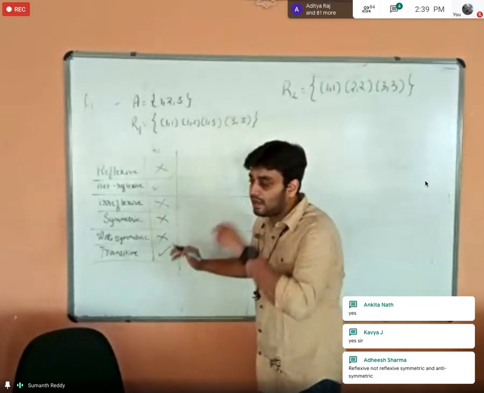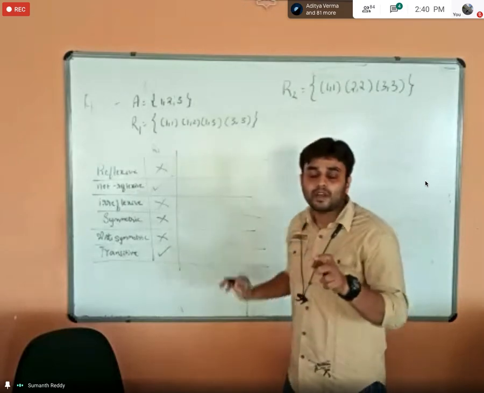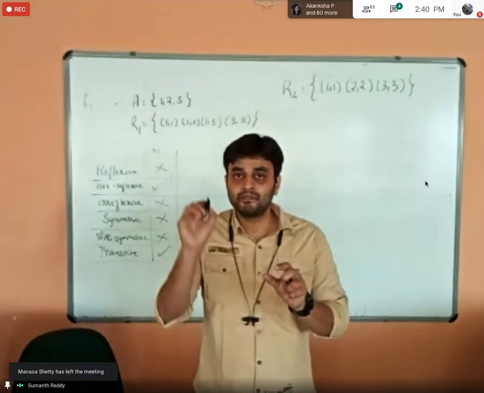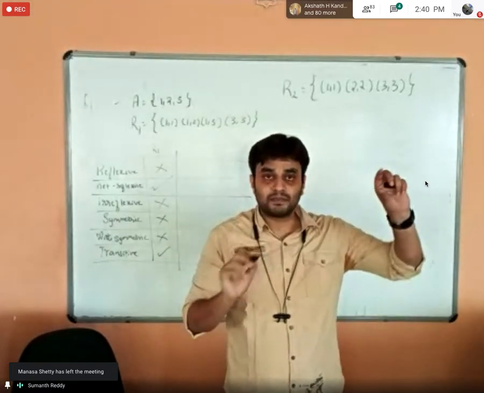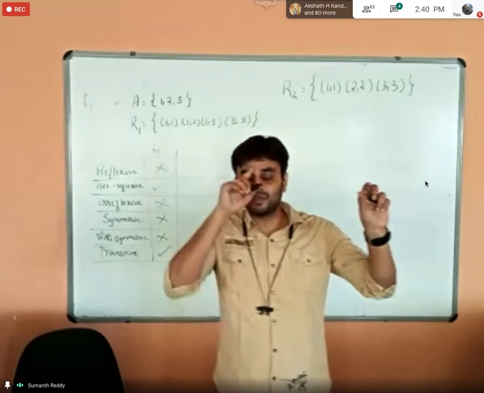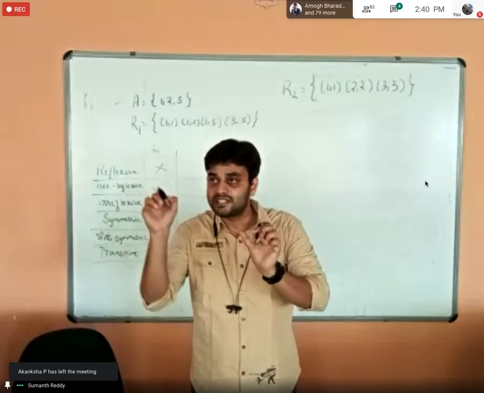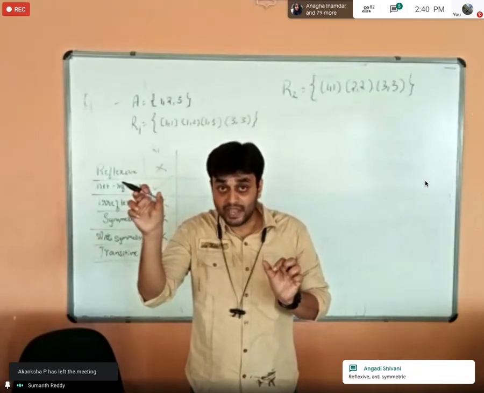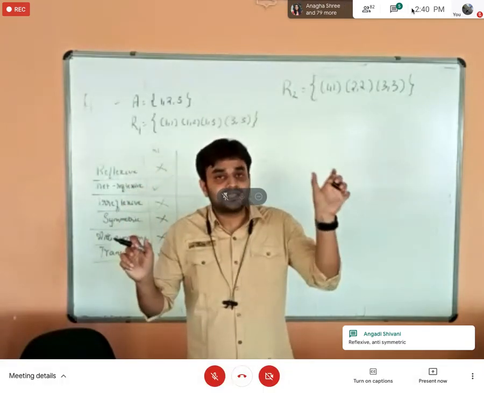See, Aryan, before you see this problem, what is the rule that I have told for transitive relation? The transitive relation tells that if x is related to y and y is related to z, then x must be related to z, right? If you have only x related to y and y related to z is not there, then you need not think about x being related to z.